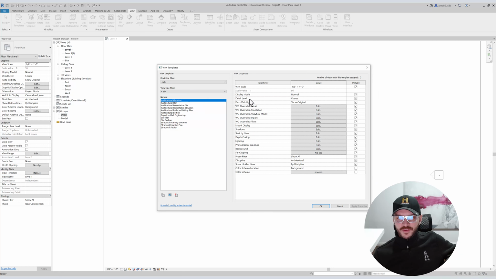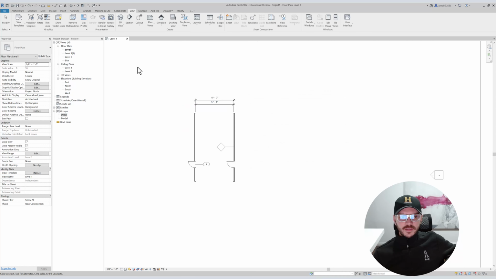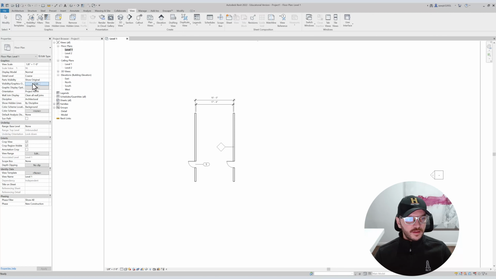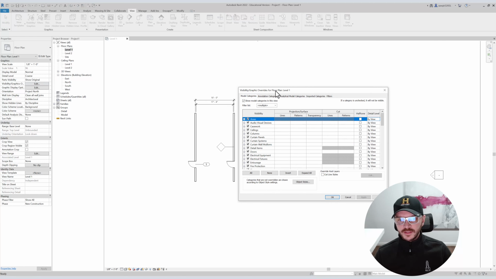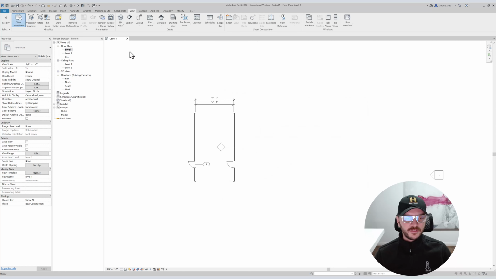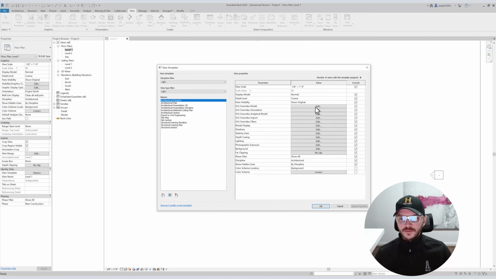Once you have a view template, you can select all your views and have them all share the same look, the same line weights, the same scale. You don't want to have to modify the visibility and graphic overrides for every single floor plan if you're working on a 60-story building. What you do is go into Manage View Templates,